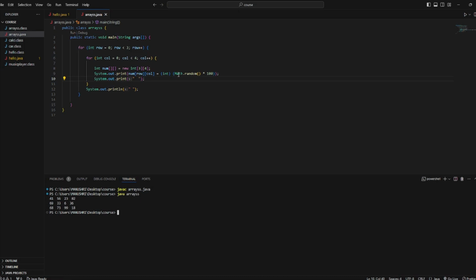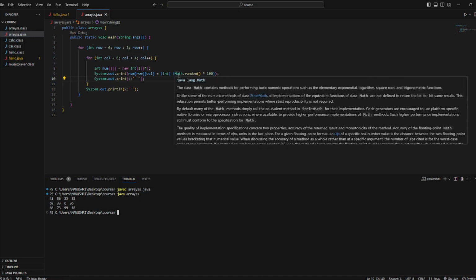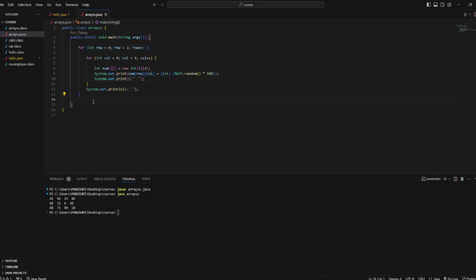So this is how we'll be using the Math.random method, and also we got introduced to multidimensional arrays. Now let's see how to use the enhanced for loop. Now what the enhanced for loop is, its syntax is a little different. Since we are using completely arrays, what it does is,